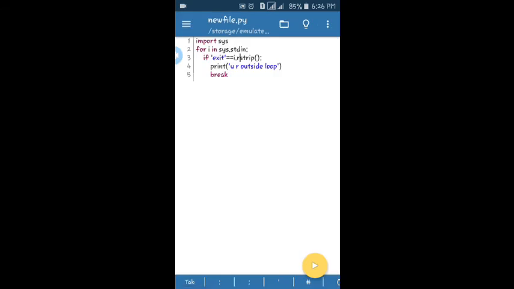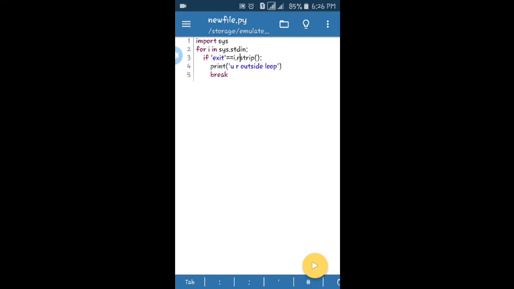Okay, you can see this dot read is not required, so let me explain how it will run. If you run, first it will take an input. Standard in will take an input. If you press enter, it will give that to the variable i, and we are stripping the right side part because we also have a slash n character at the end of that line. To remove that, we are using rstrip.